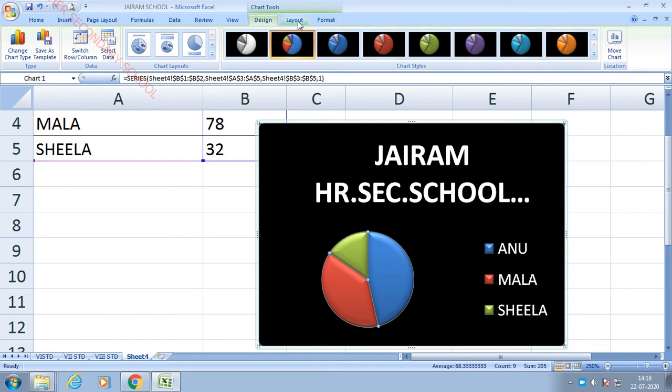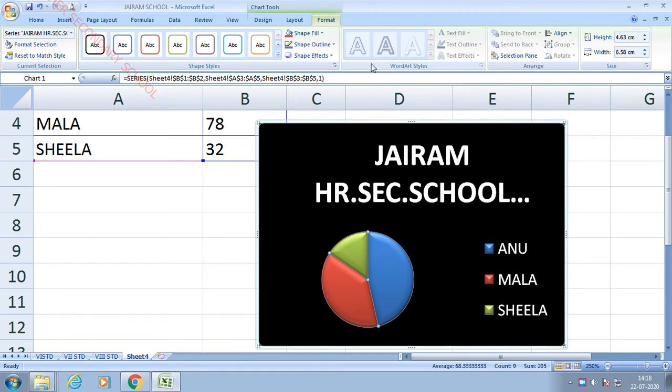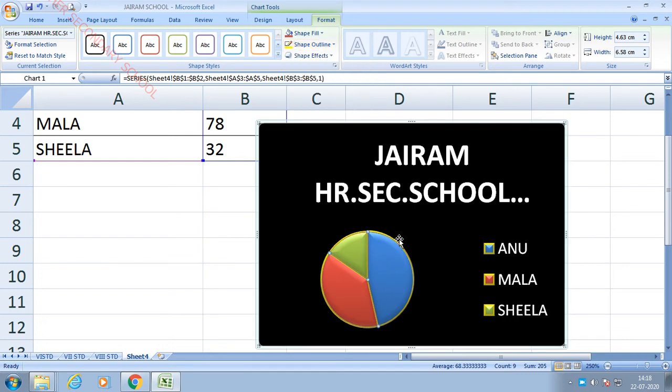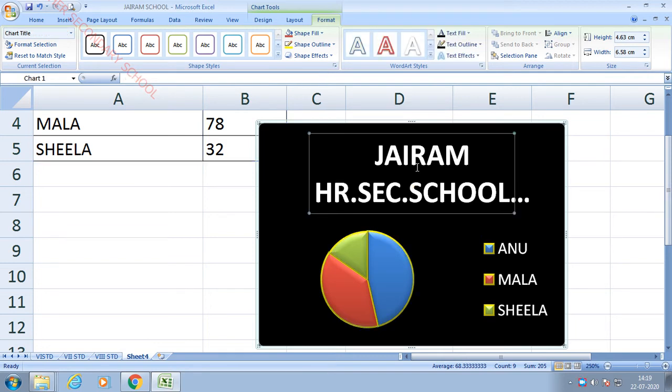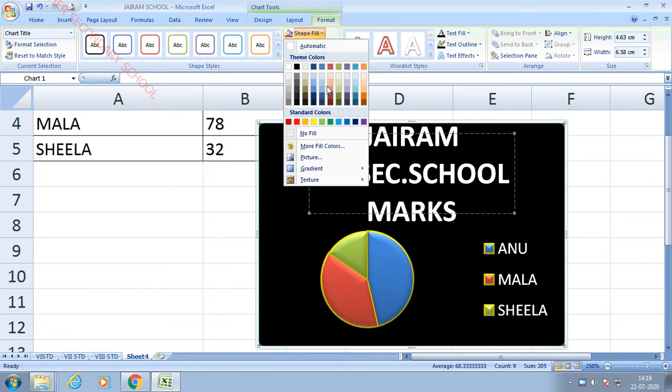Okay, next we are going to change the shape outline, shape fill, or shape effects. Let us give one by one. Shape outline is there, so I am going to give any color. Can you see the difference here? If we place the cursor here, it changed the outline. Okay, so now I gave yellow color. That's why the outline looks like yellow color, isn't it? So next I'm going to change the text color. Just place the cursor here, then you have to give any color.